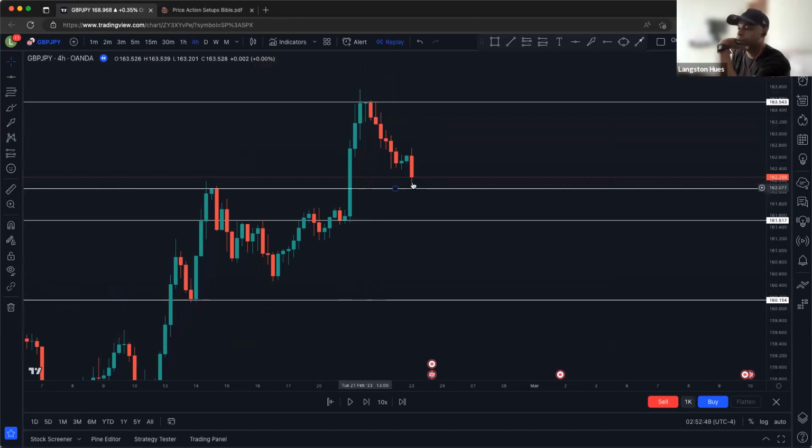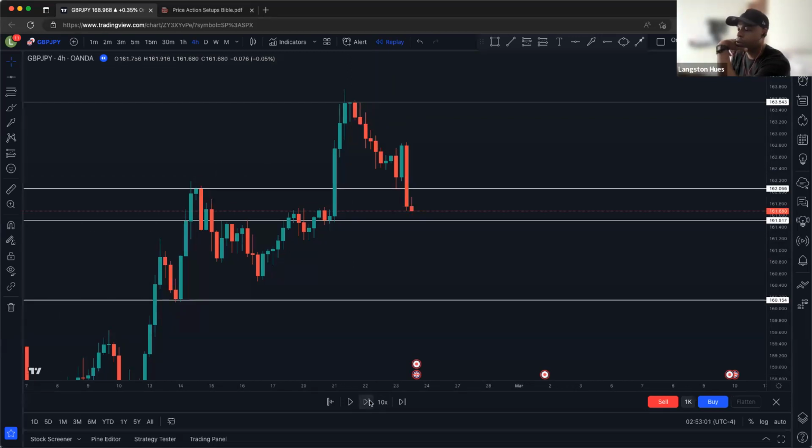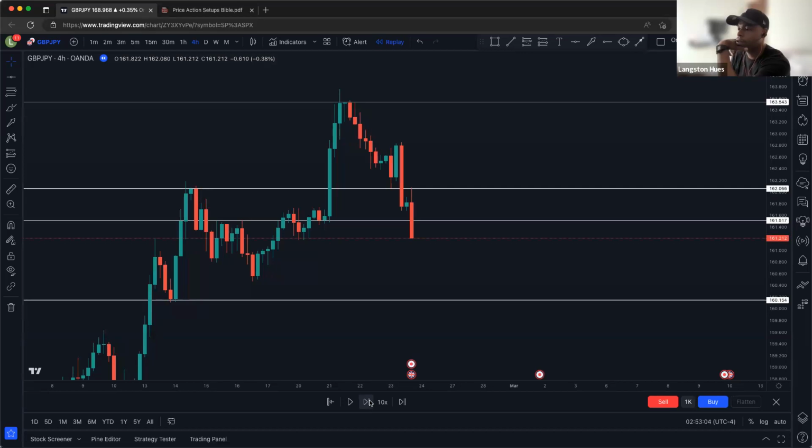Okay, so it tapped into this whole clean move already. Oh, look at that, mirroring this move here. It already fulfilled this clean traffic right here. And it created this support, maybe a news candle, because this is in the past, Thursday, February 2023. So there was probably some news. Oh, look, yeah, there was. It created this bottom wick, and maybe goes back up. So let's look moving forward.